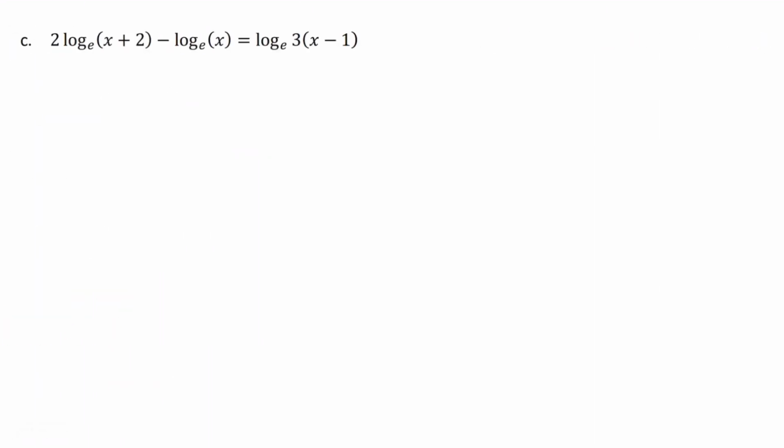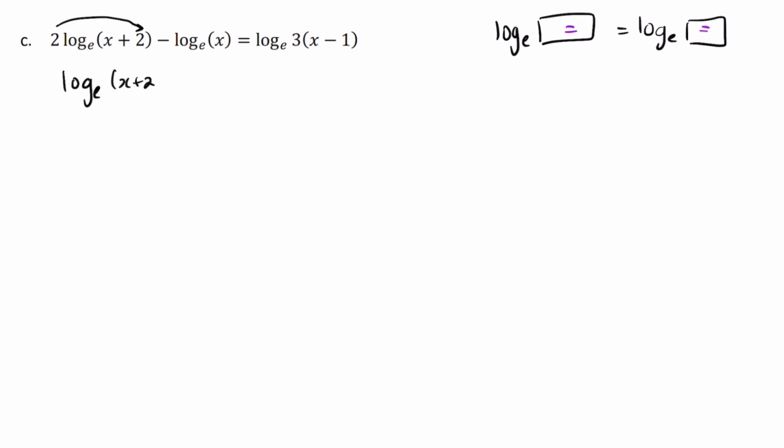Next one. Here we can see that we've got multiple logs, so we're going to do something very similar to our first example where we were able to try and make them look the same. So again, I want log e of something is equal to log e of something, and in that way I can equate the insides. So I'm going to take this power up to the front again, so this time it'll be x plus 2 squared. You just want to be careful in that what's being squared is the bracket, not the actual log. So if you just want to be super clear about that, you can write it like this, and then minus log e x is equal to log e 3